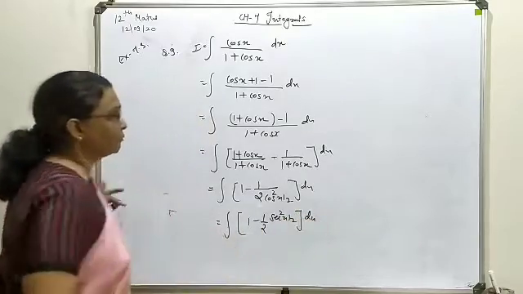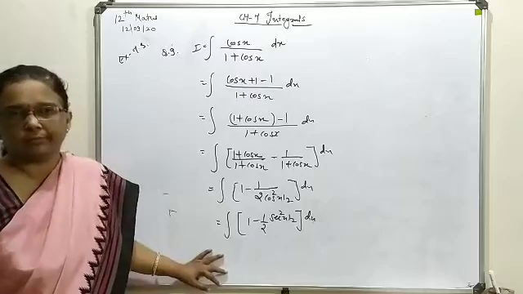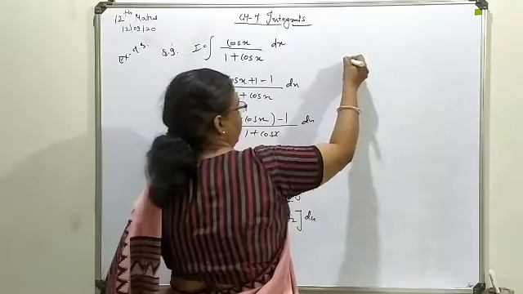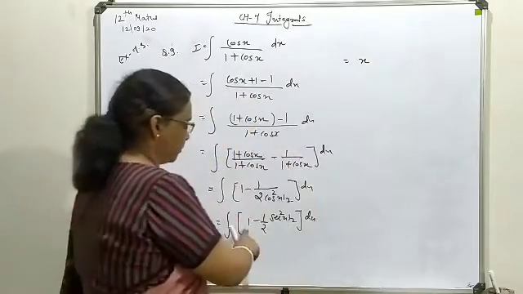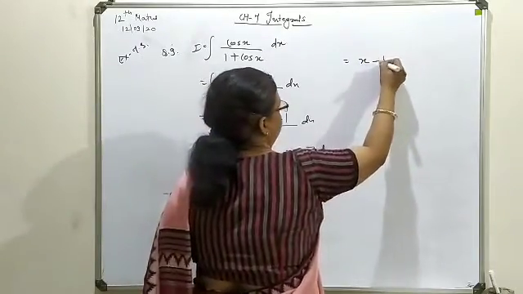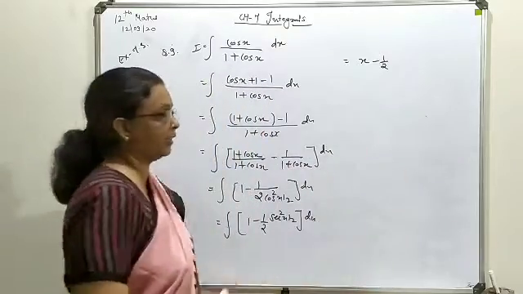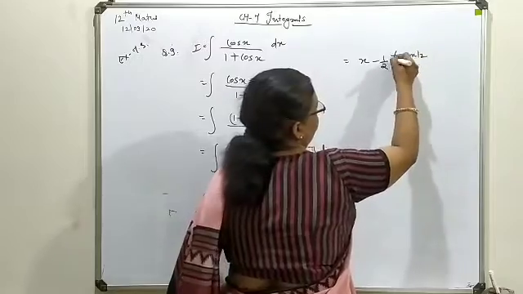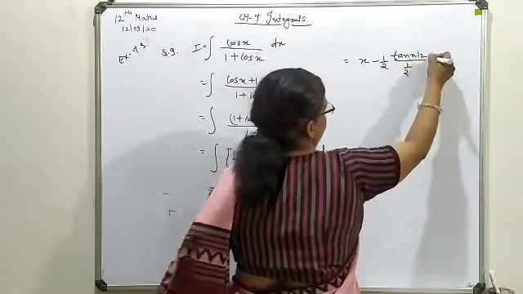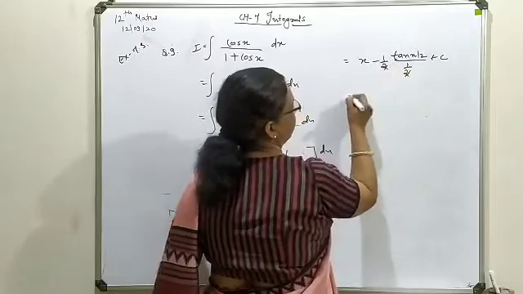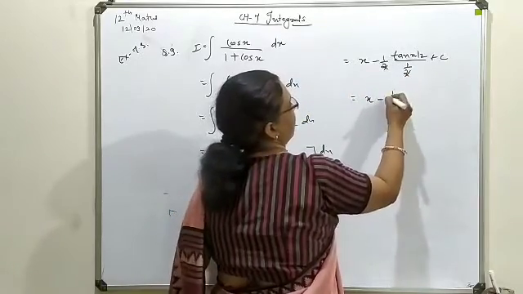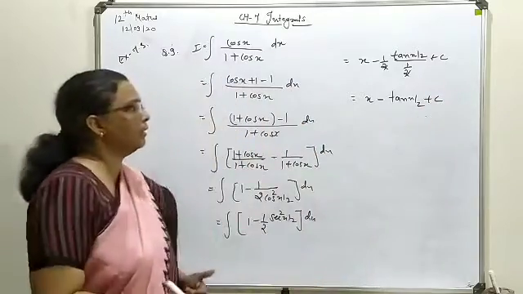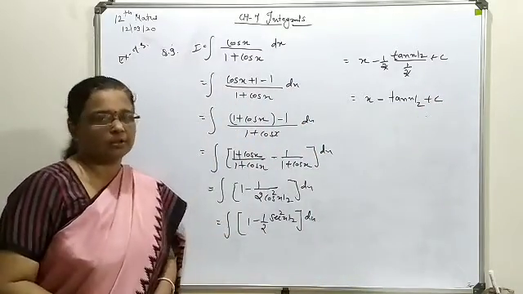So now you can see easily we can handle this situation for further integration. Now make them integrate separately. So that will give you x regarding this one, minus half. Integration of sec square x by 2 is tan x by 2. As a multiple we are having 1 by 2, so this is also to be written over here. This 2 and 2 will cancel. So finally you will be left with x minus tan x by 2 plus c. So this is the different type of combination you are having.